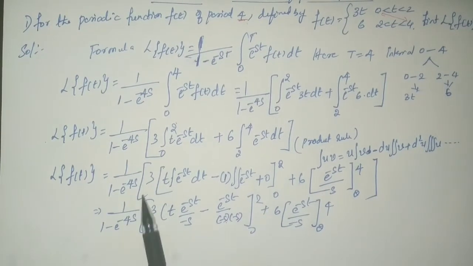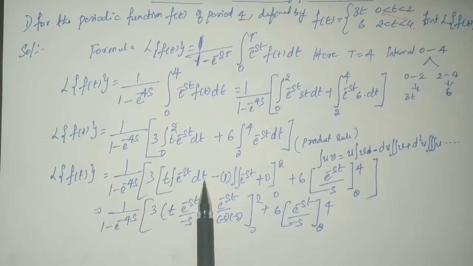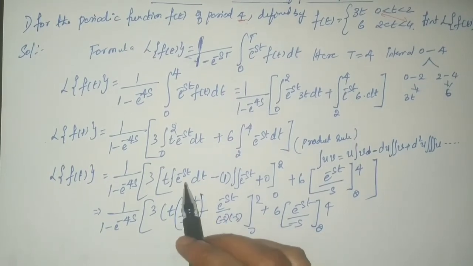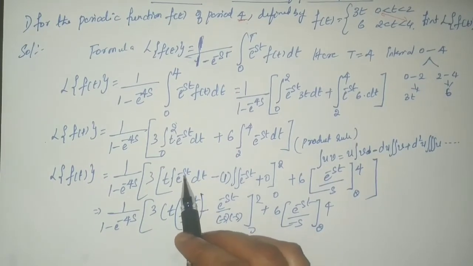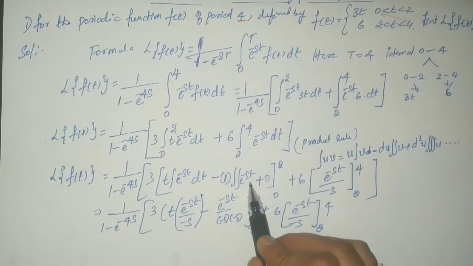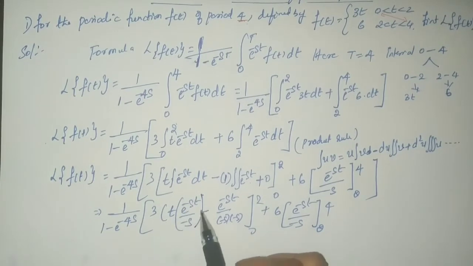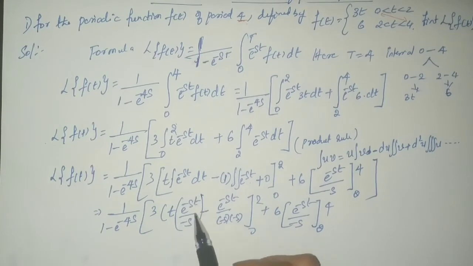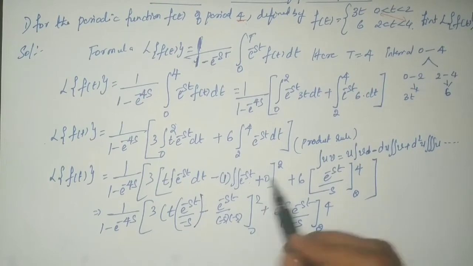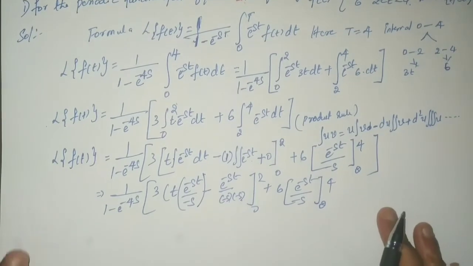So the first term I have taken as it is, so 3 into t, integrating e power minus st one time with respect to t, so it becomes e power minus st by minus s, because our variable is t, minus s is treated to be constant, minus 1 into 2 times I have to integrate this. One time I integrate, I will get this term, right? Integrate this term once again. So it is e power minus st by minus s into minus s. The next integration is not there. So 0 to 2, and this term I have taken as it is.